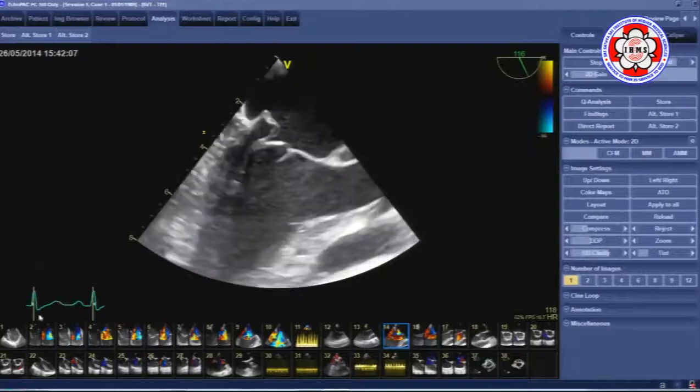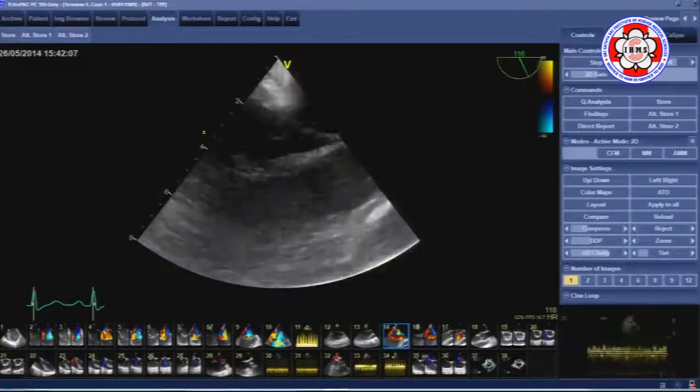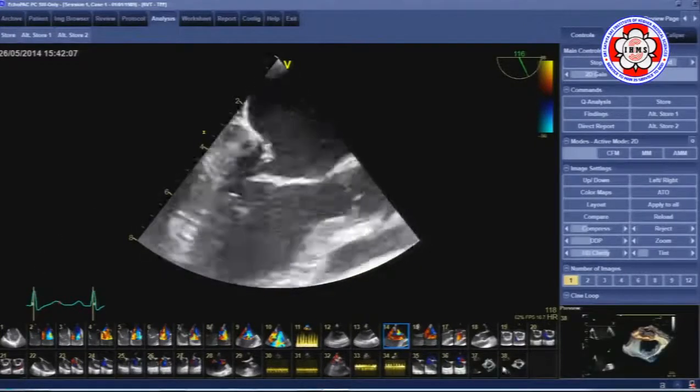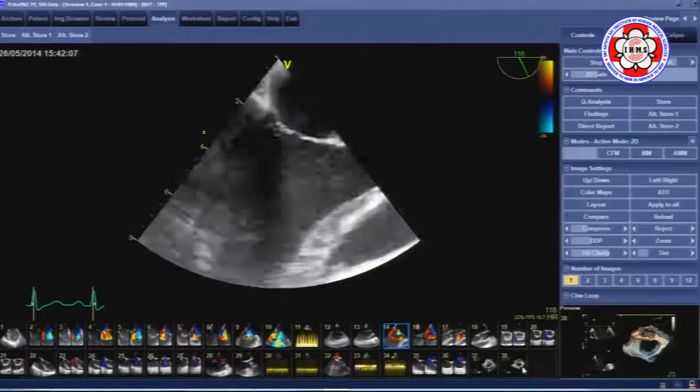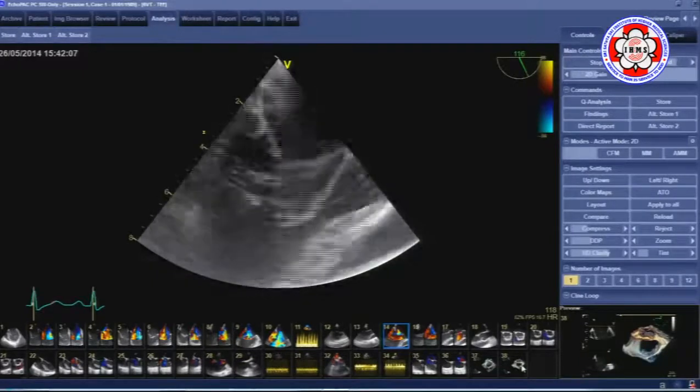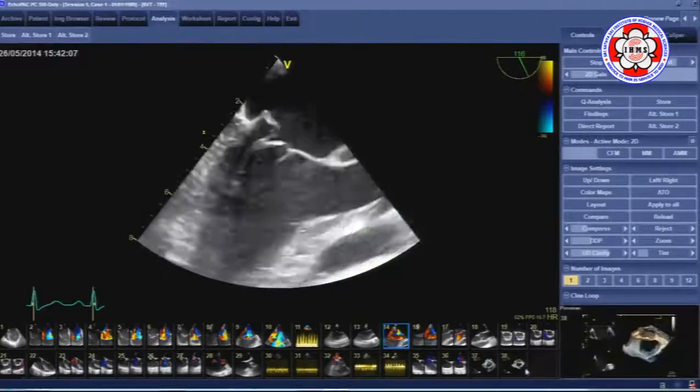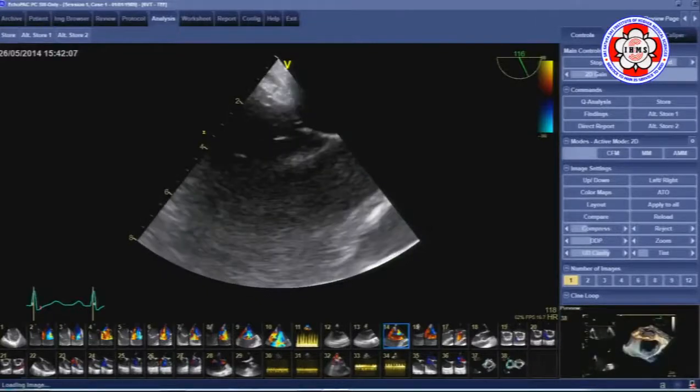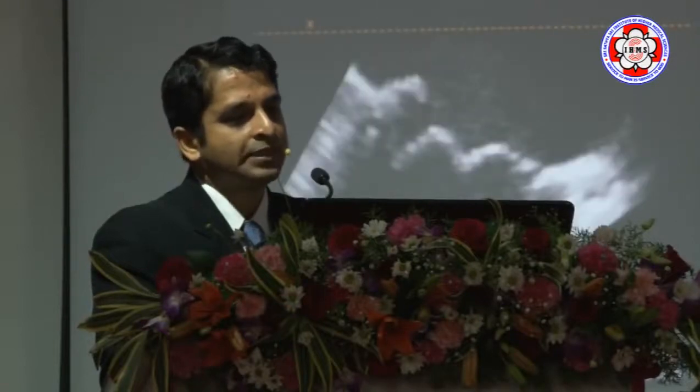So you've got, I think, a 0-degree view, a 60-degree view, a 90-degree view, and a 120-degree. That's 4. And then you have a short axis view if you go into the stomach. That's 5. So it gets very complicated, and surgeons really don't have the time or the interest to see all of these things. So what we do when we have the possibility is we do a 3D TE, and that's